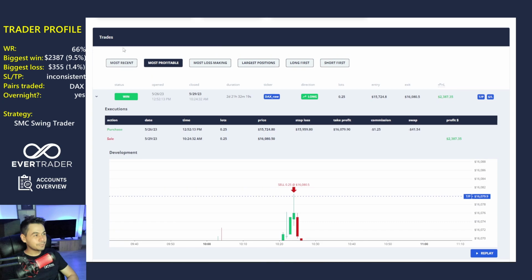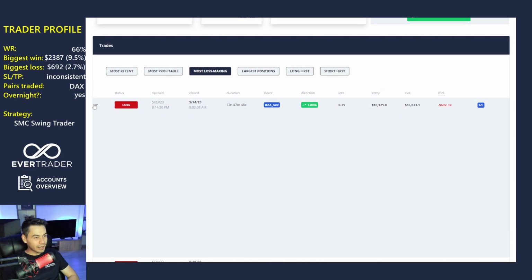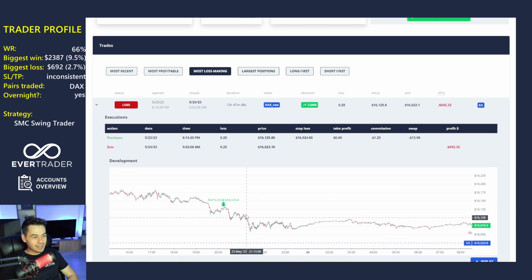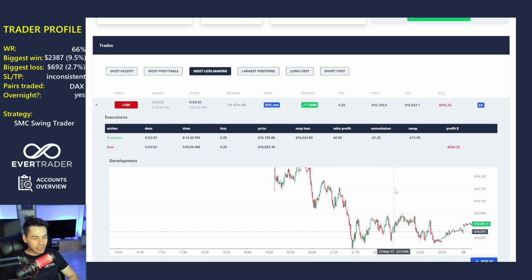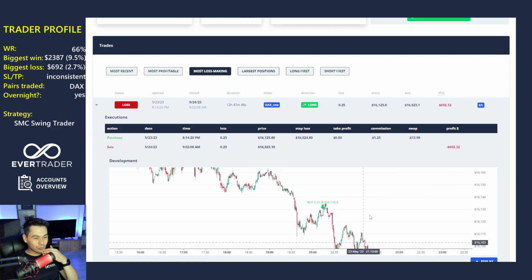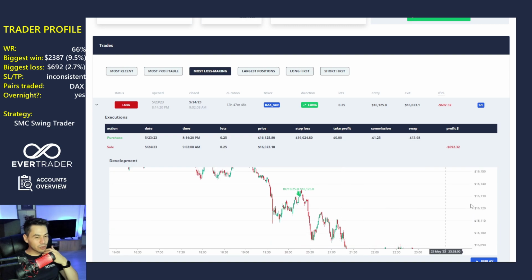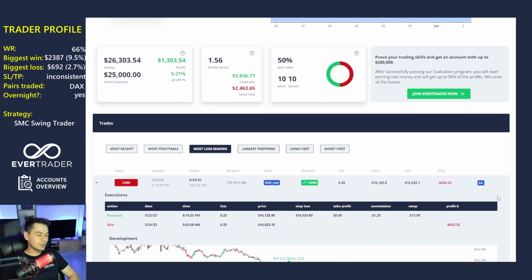Now let's check his most loss-making trade as well, and then we will go to the funded account. This is a trade that only had a stop loss, and he bought here mostly because I think it's the same reasoning that we saw previously. The market began making higher highs and higher lows. Unfortunately, this was only a fake out. Things like these happen. He lost almost $700,